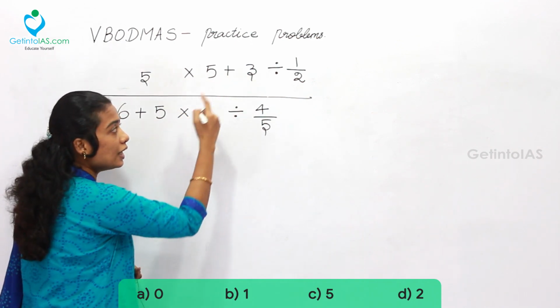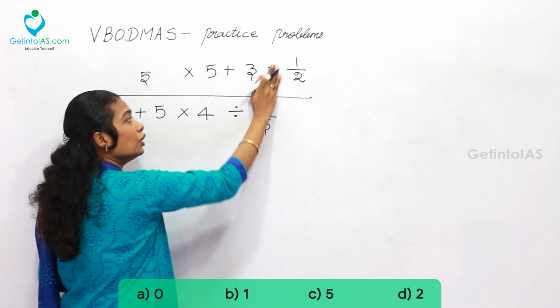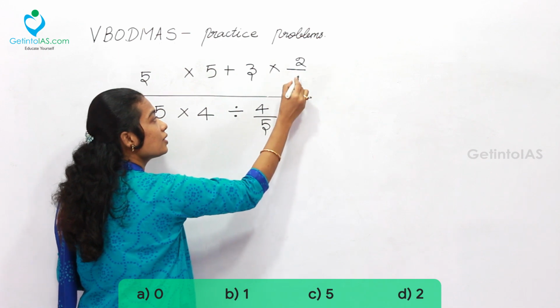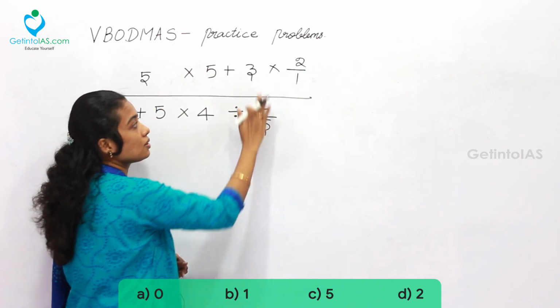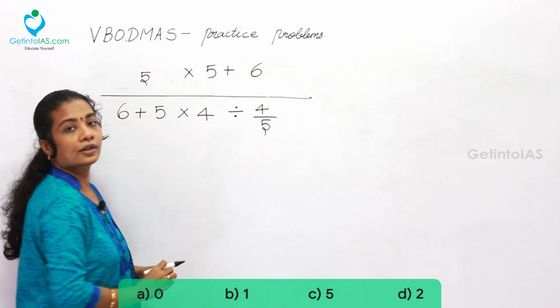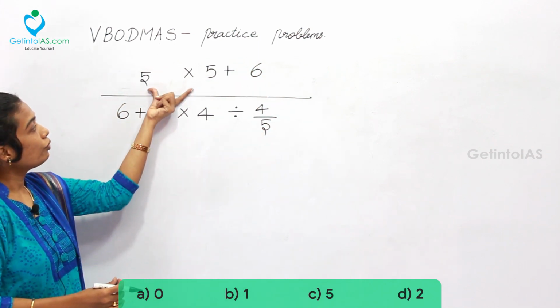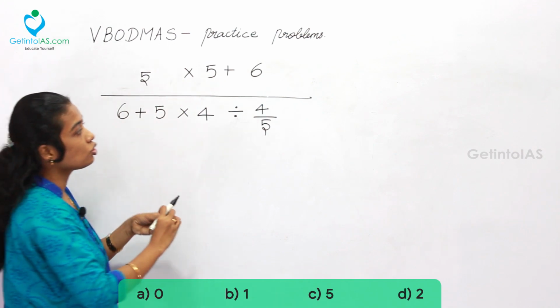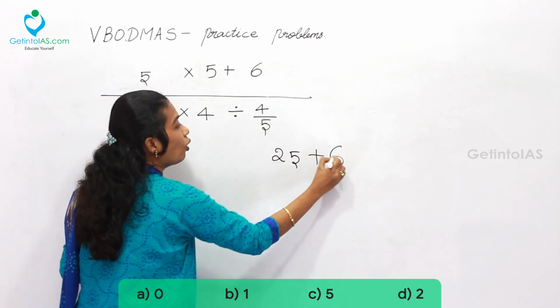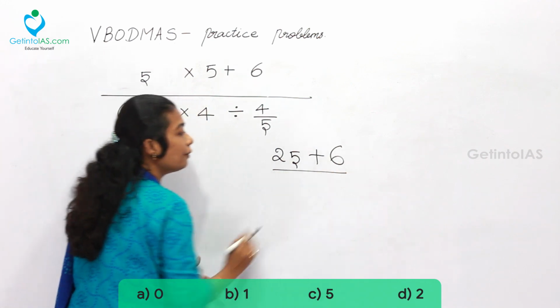So, what is 3 divided by 1 by 2? So, 3 into 2 by 1 is the operation for that. What is 3 into 2? 6. 6 is given in such a way. I have taken that. Now, what is the final value? 5 into 5 is to be done, which is 25 plus 6. That is the numerator part, divided by